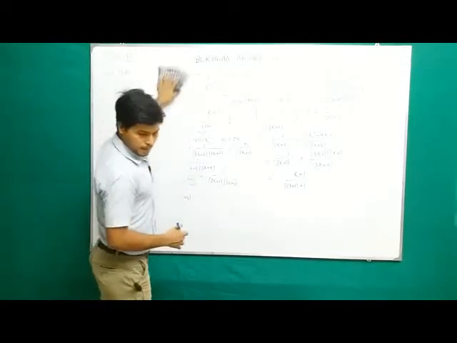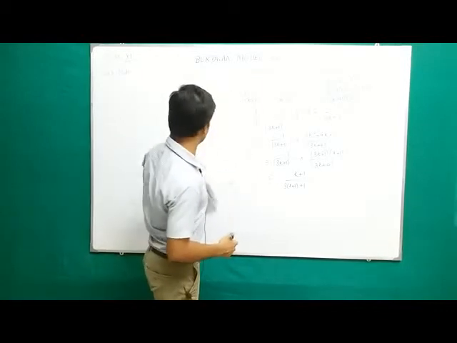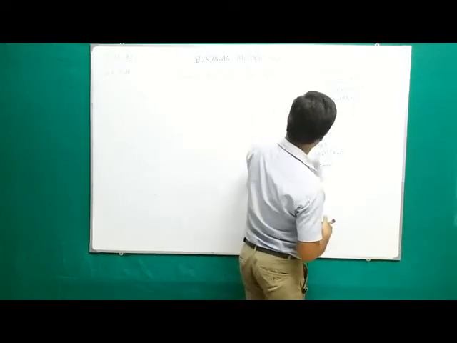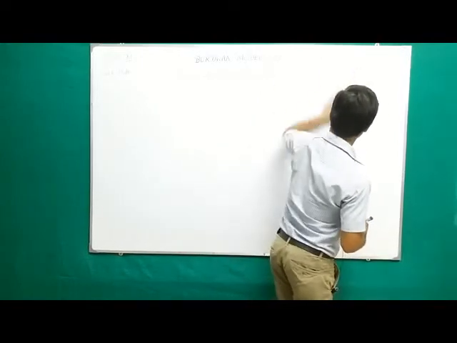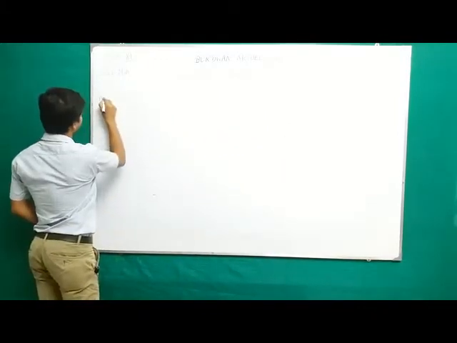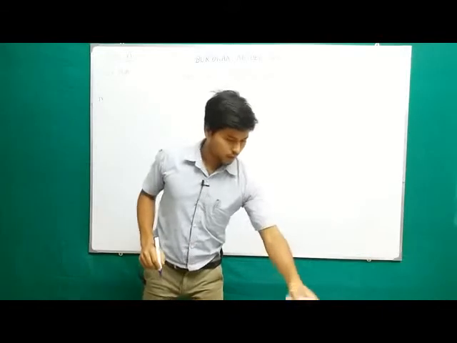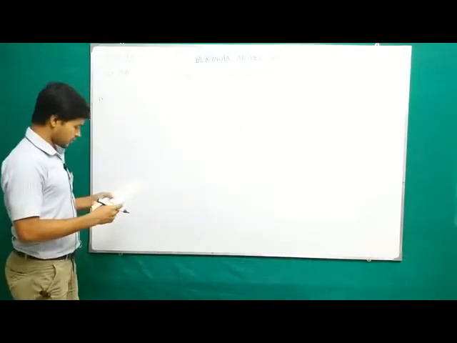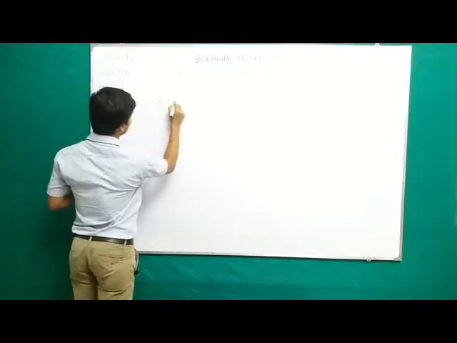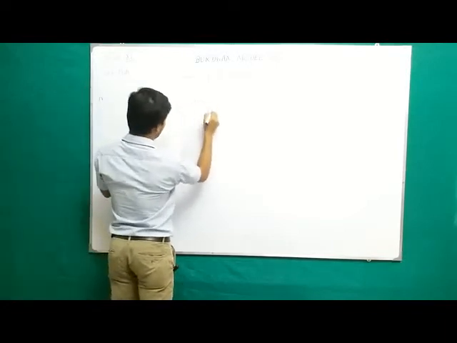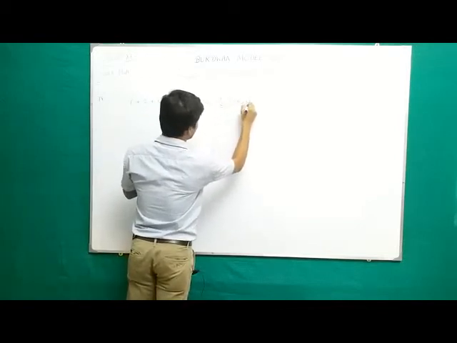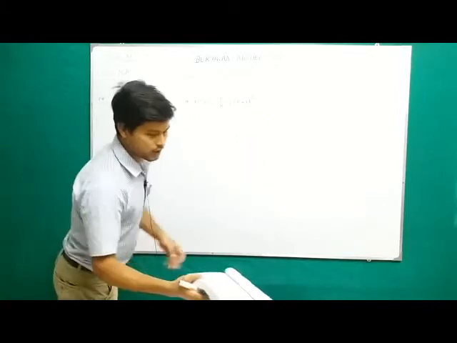Okay, so let's move to the next question. Now next question, we are solving question number 18. This is a different type of question. Previous questions are almost the same type. Now let's see question number 18. Question number 18 is, by using principle of mathematical induction, we have to prove that 1 plus 2 plus 3 plus dot dot dot plus n is less than 1 by 8 into (2n plus 1) whole square. We have to prove it by mathematical induction.